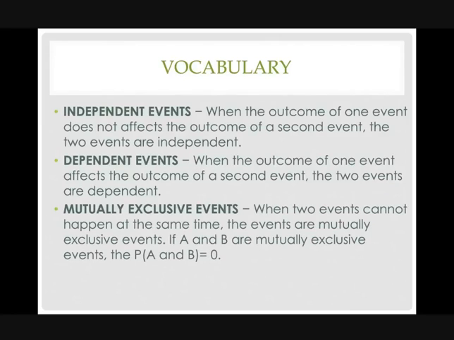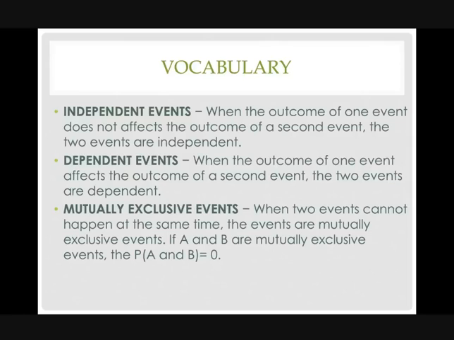Mutually exclusive events: when two events cannot happen at the same time, the events are mutually exclusive. If A and B are mutually exclusive, then the probability of both is 0. So with independent events,